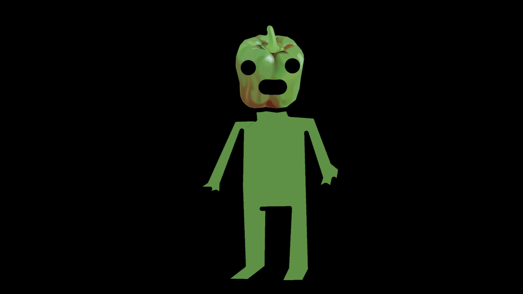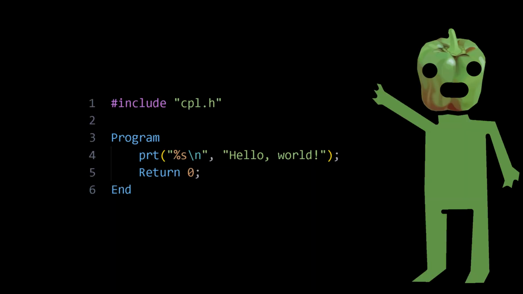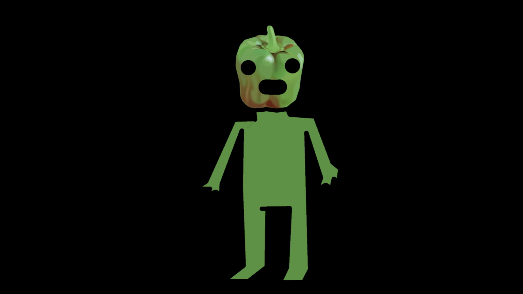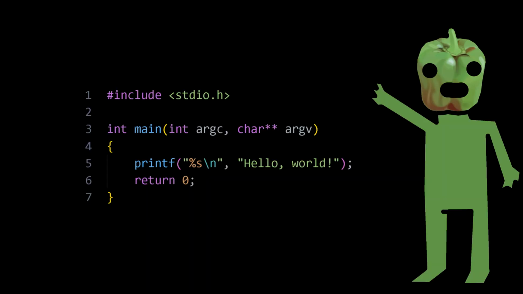Hi, what if I told you that this is a fully valid C program? For reference, this is how we normally display Hello World in C. We've got our include stdio.h, int main, int argc, char **argv, a printf and a